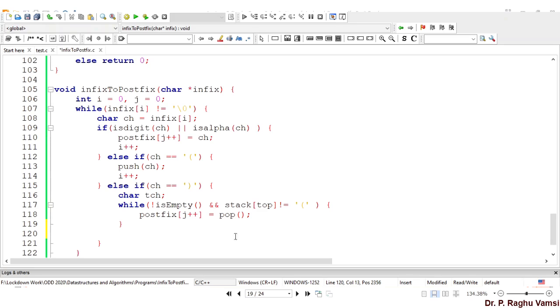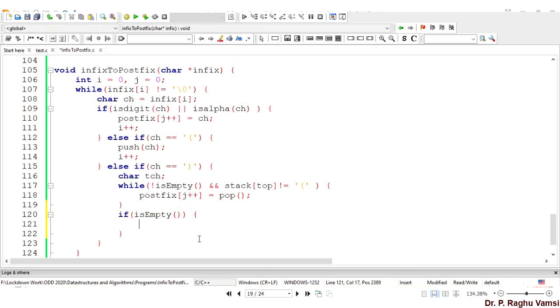What is the case if the stack is empty? Then if it is empty, you cannot get any element from the stack. So this is an invalid expression. Printf invalid expression.